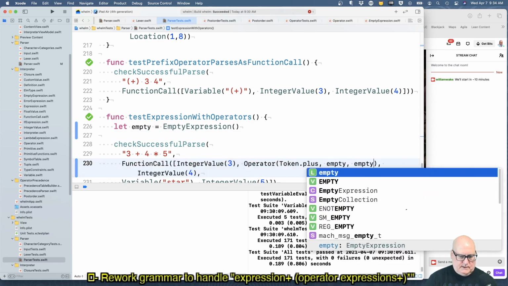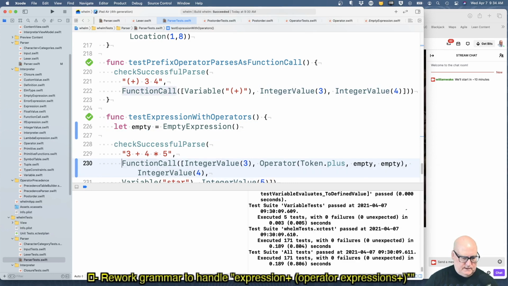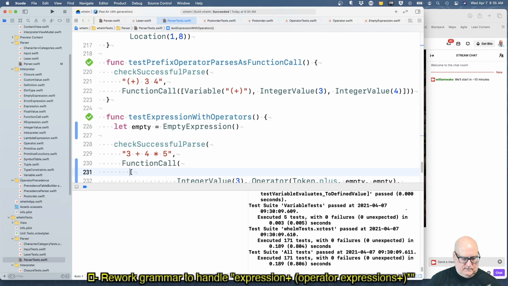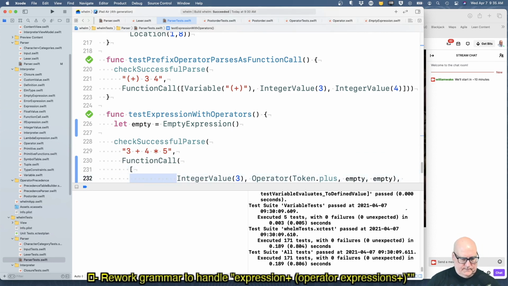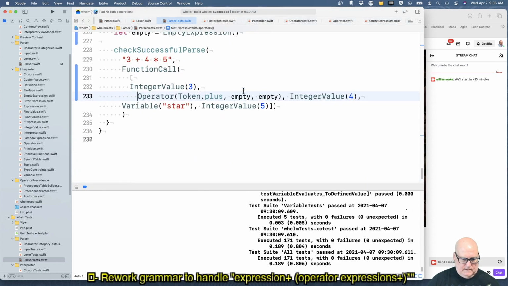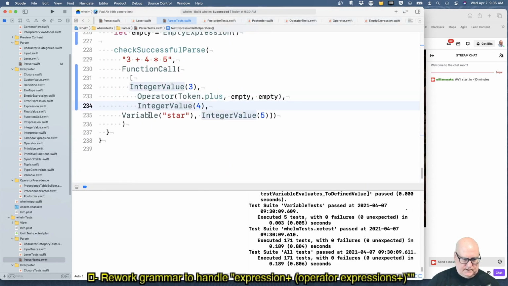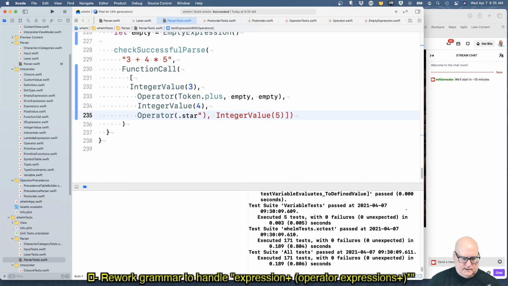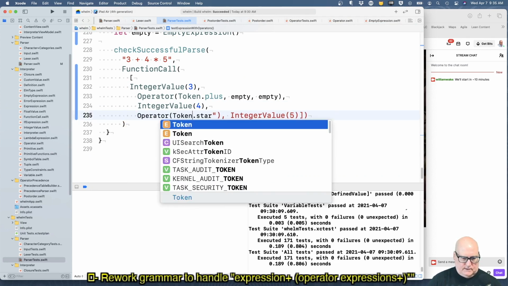Empty, empty. I want to make it a sequence, vertical formatted. Operator empty integer value. Operator dot star token dot star.